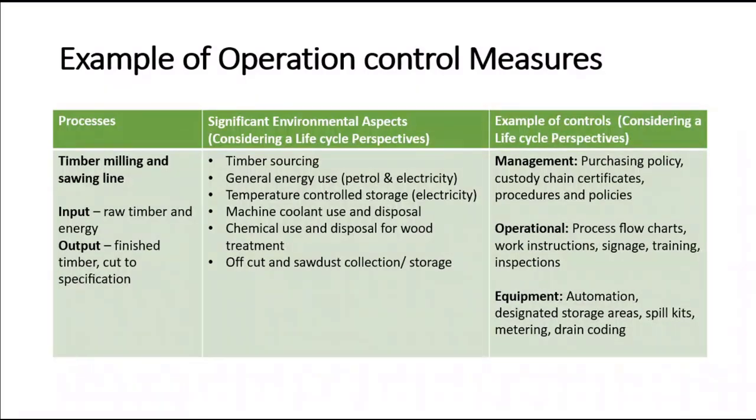This is the operating criteria. So what's the criteria? It means you put a limitation. For example, per month, how many megawatts of electricity you want to use, that you want to control. How many liters of petrol you want to consume to generate energy, for example. This is the operating criteria that you can control.